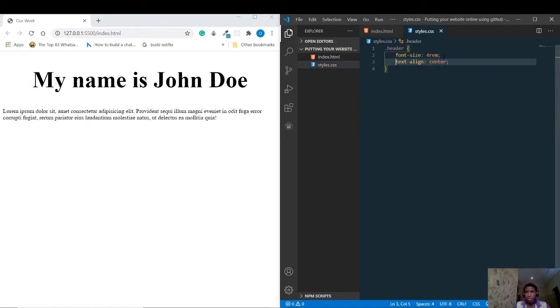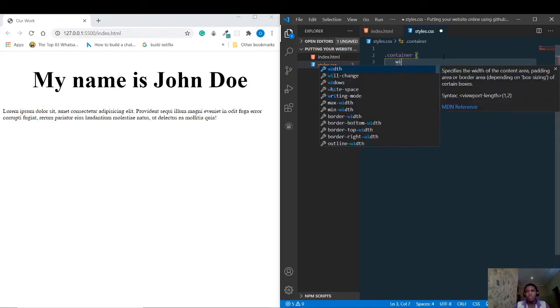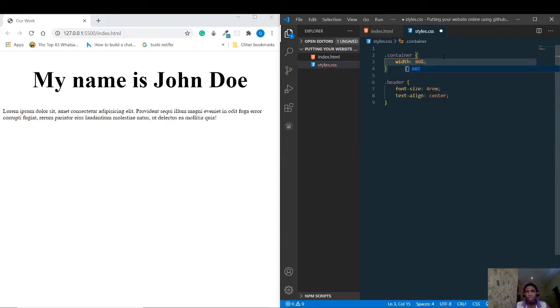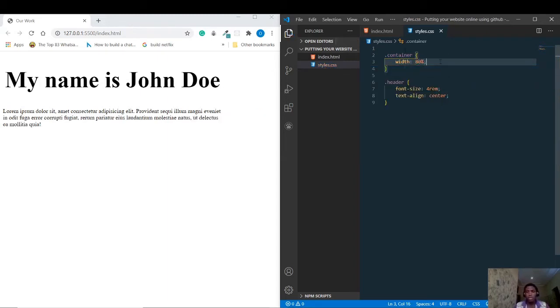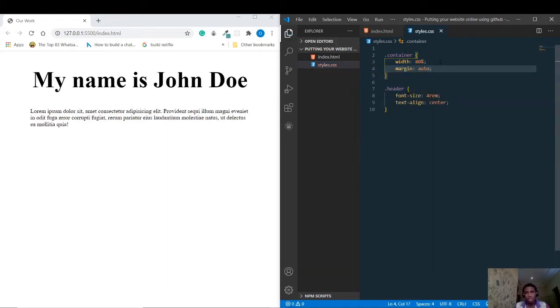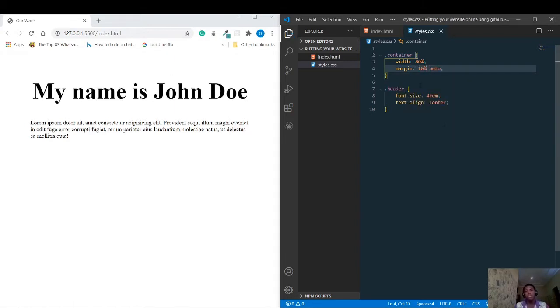And now let's try editing our container. So the class container, I want to give it a width that's 80% of our screen. Then margin auto, put it in the center. We also add the margin on the top and bottom. So say 10%. Save it. Now you can see,